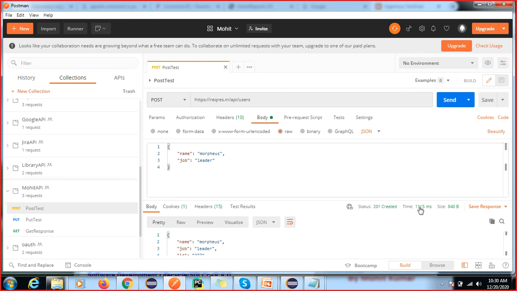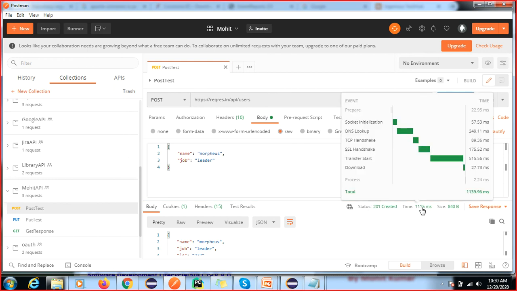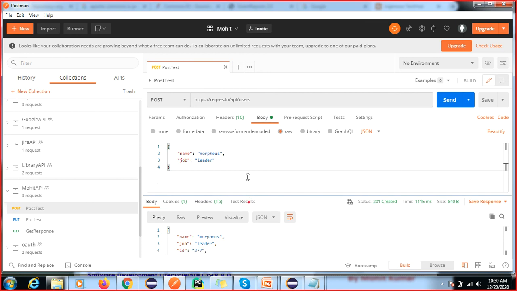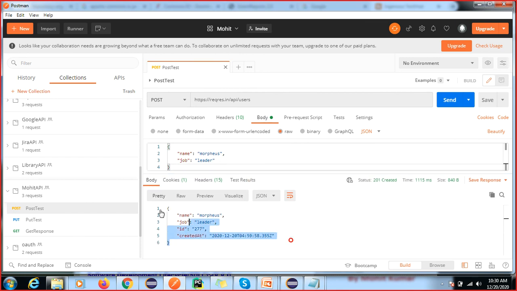Here you can see we have the timing, right? How much time will it take? It takes only this hour, this minute, second. Got it, right? So all these things we are going to test here. You can see many things here are part of API testing. I will teach you this API testing, no worry at all.